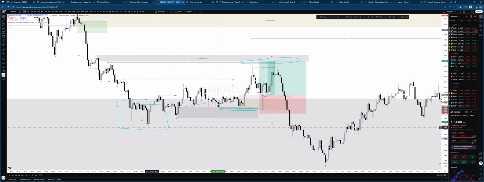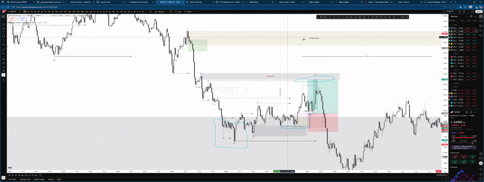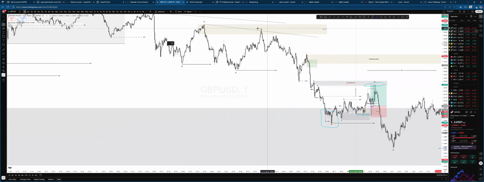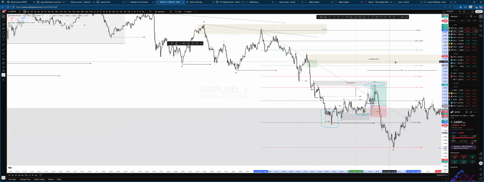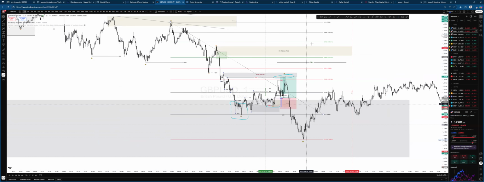But for me, because that close of a body led to a change of character and a break of structure 2, 3 times, I knew that yes, price wants to come down here, but it's probably going to happen at this premium. Why? Because the fib, which was this high that led to this low that broke this structure, lets me know that the premium was right here. So I'm expecting price to come fill up this zone here and then to sell off to come deeper. But as you can see, price didn't have to come all the way up to this one because there was another break of structure that happened here that hasn't been mitigated. And this one only mitigated the imbalance. That's why it's important sometimes